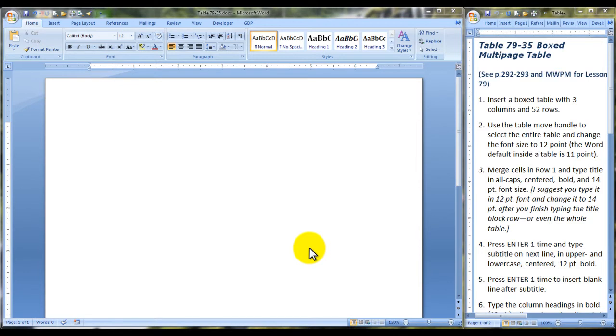Table 79-35 is a boxed table, but what we do differently on this one is introduce repeating table heading rows. And it's also a very long table going over 2 pages, so we're going to have to number our pages in the upper right-hand corner. First step, insert a box table